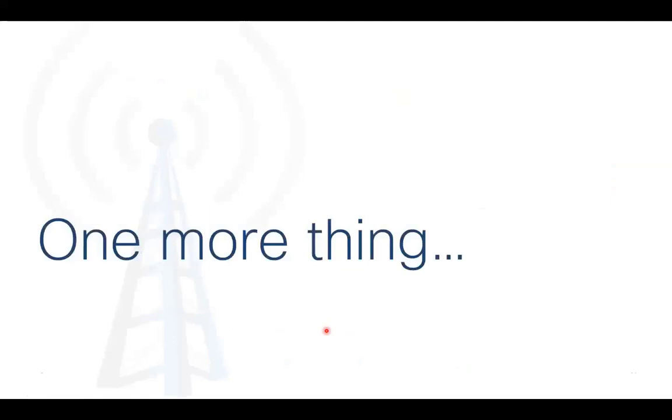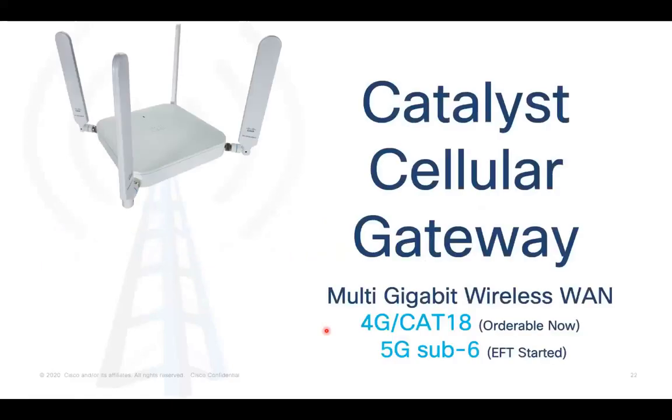One more thing, we don't just have the edge platforms to talk about today. We have Catalyst Cellular Gateway as another entity being launched alongside the Catalyst 8000 Edge platforms. We will have this modular Catalyst Cellular Gateway module, which will support Cat 18 or 4G speeds, orderable today. And in future, we will have a 5G module where a cellular WAN can be hosted externally, where you get the WAN connectivity derived through this cellular gateway, and any edge device can consume it, where there is no proper signal, when you are hosting it next to a window or something. You will get proper cellular connectivity with this.